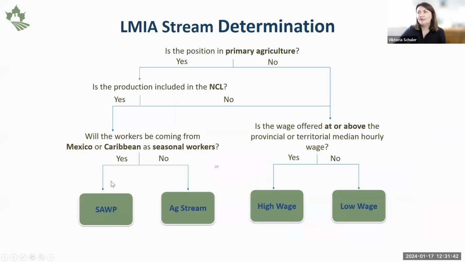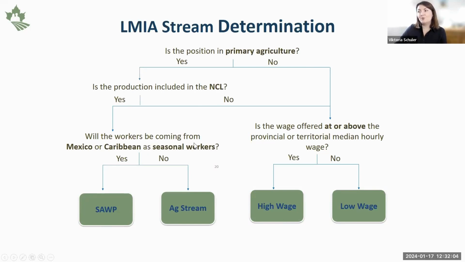And now we move forward. It's just a flow chart that will hopefully help with LMIA stream determination. So again, first, is the position in primary agriculture, yes or no? If yes, we also need to see if the position is included in the national commodity list. And if